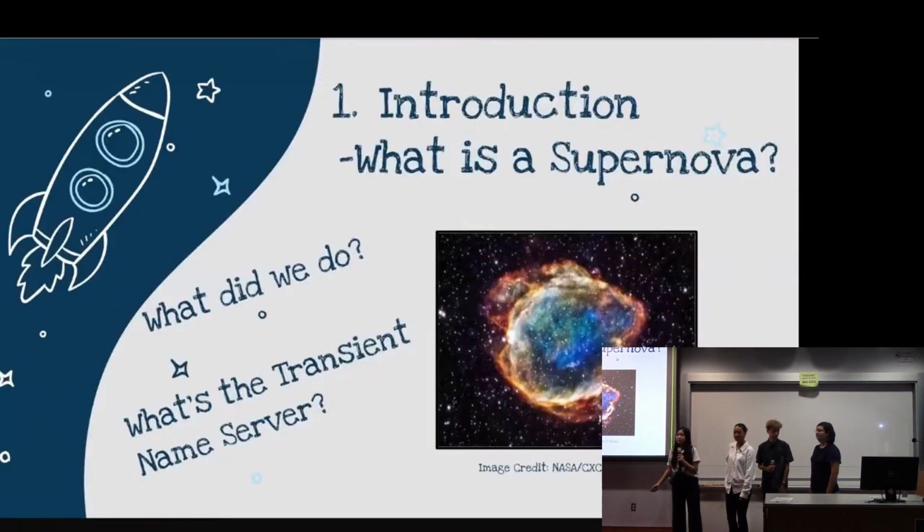First of all, what are supernovas? Supernovas are the big, bright explosions that a star undergoes during its final moments. And what did we do? We went to the Transient Name Server, which was a catalog of unclassified and classified supernovas that we could study, and it proved really useful. We looked at and analyzed their spectra, and our mentor helped us calculate redshifts and helped us learn more about